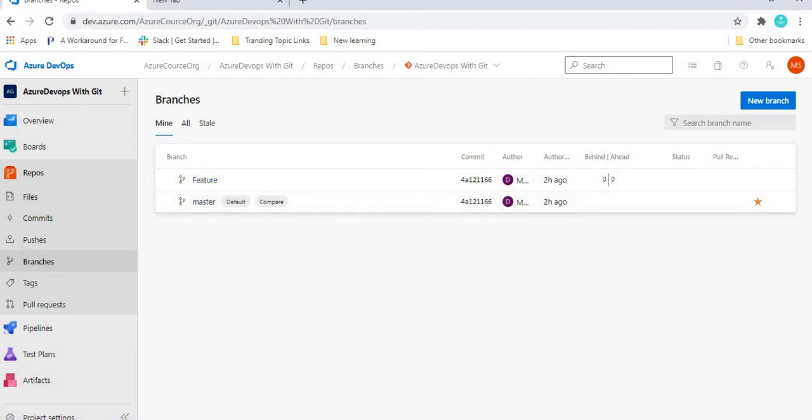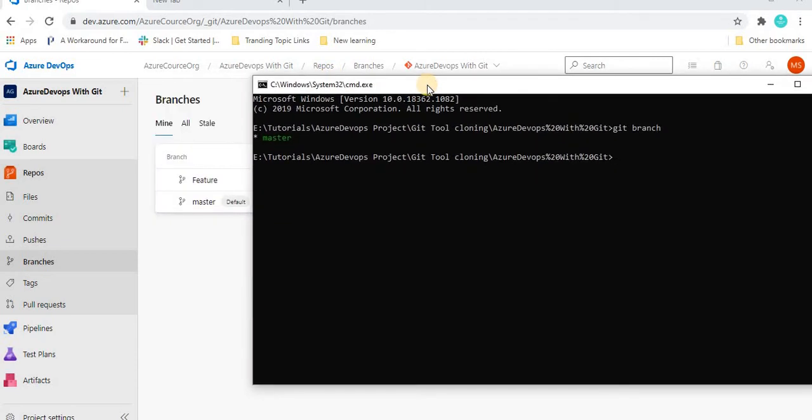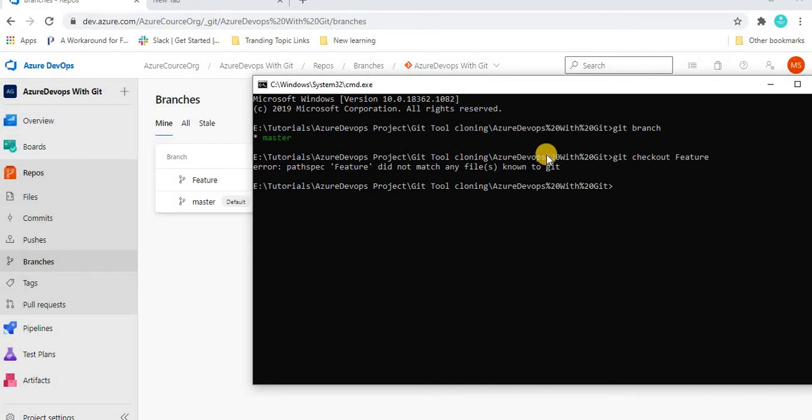For that, we have to write git checkout, and after that give the branch name, and the branch name should be the same, otherwise it will not do the checkout. After hitting enter, we can see it gives a message: feature does not match any file known to Git. Let's see why it is showing this error.